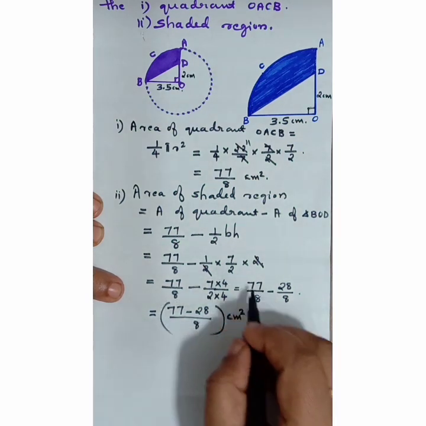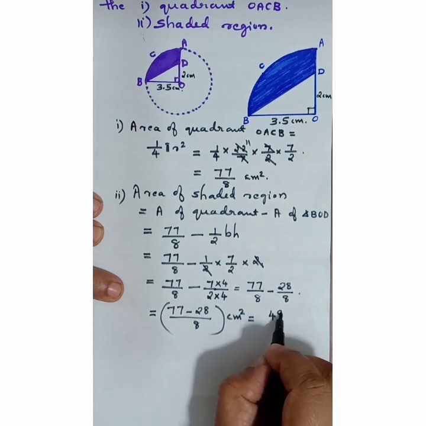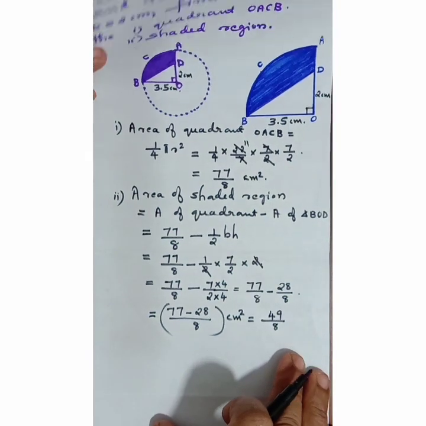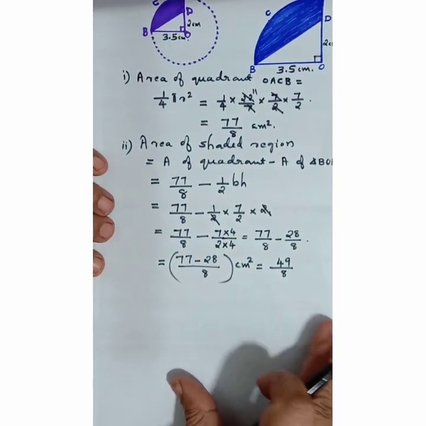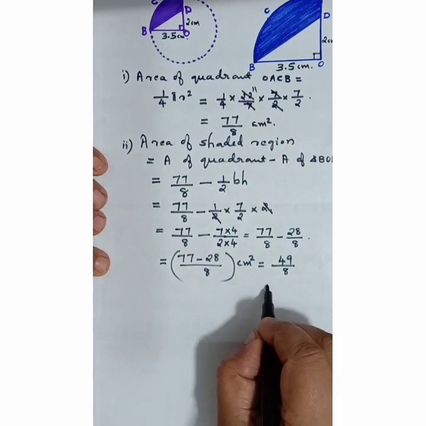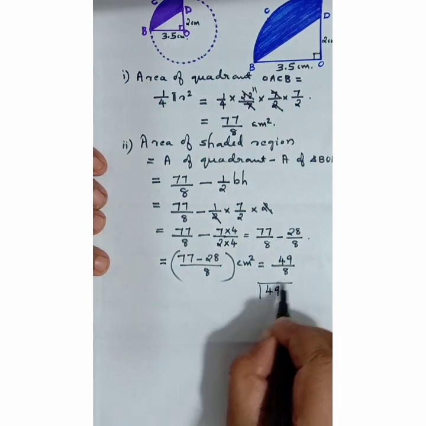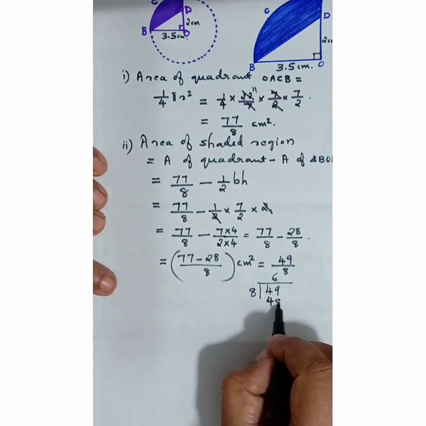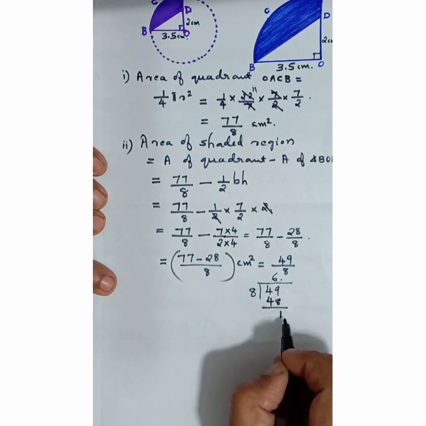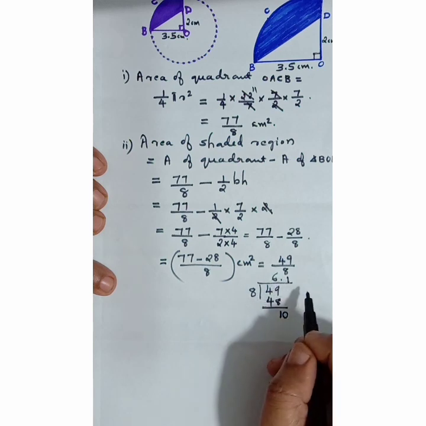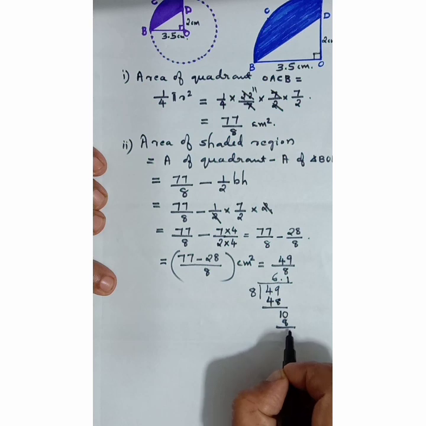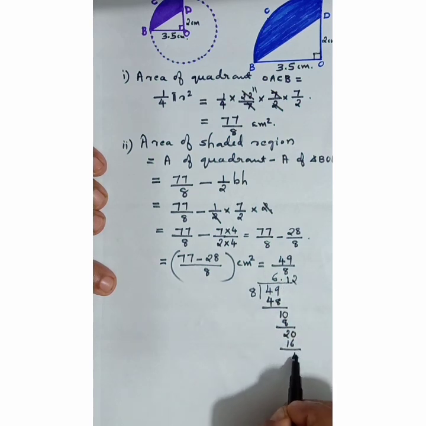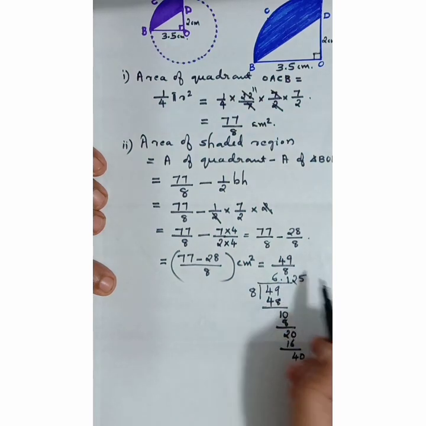So subtracting it, we are getting 49 by 8. So let us divide and find out the answer. What is 49 by 8? We can do the division. 49 by 8. 6 8s are 48. Subtract, give the decimal 1 time. So here 8, 2, 0. 8 2s 16, 4. It is completely divisible.